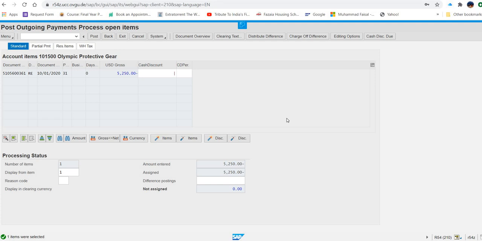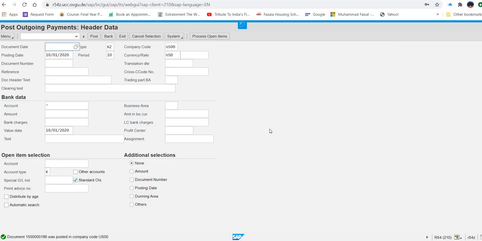Now the only thing left in this step, you will just press post and the document number should be generated. See, now the document number is generated. 15, and then I think 5 times 0, then 186. So this is the accounting document generated.